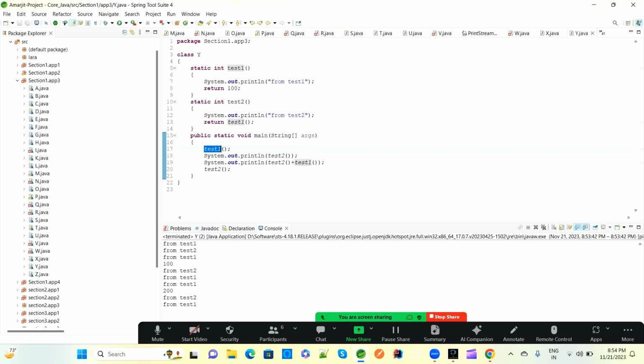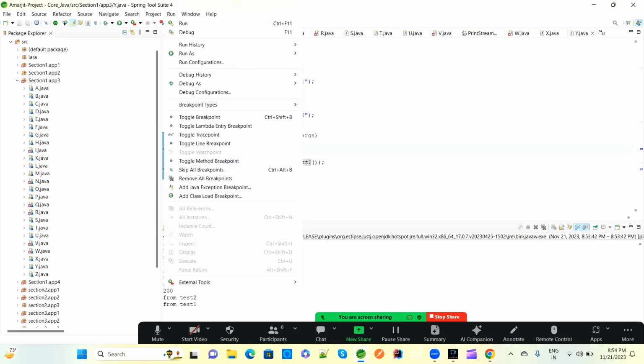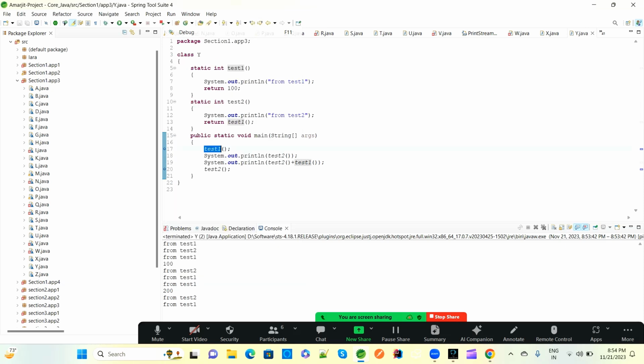Yes, 100. So if you want to debug here, then what will happen? The main method is the first line of execution, so here we have to put the debug. So this is the debug point, we can say a break point, and this method also we can use. So once you run in debug mode, here we have a debug. So if you want to run in debug mode,